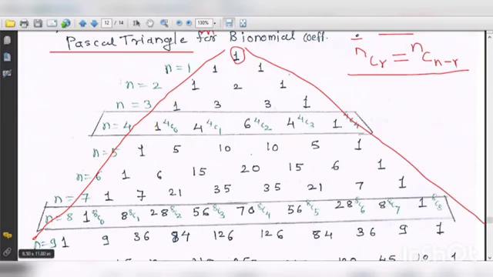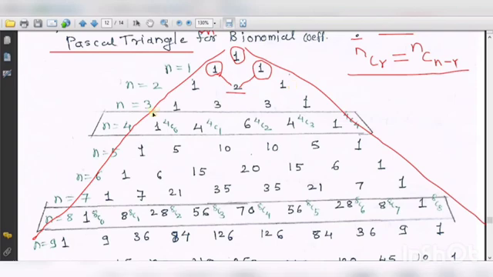And how do we obtain the middle values? The first row is 1. Then the second row contains 2 terms, which are only 1 and 1. When I start the third row, the first element is 1 and the second element is the addition of the two numbers above, written in the middle of them. Look here, 1 plus 1 is 2. Then it is finished, so the last term is 1. So we start at 1 and end at 1.